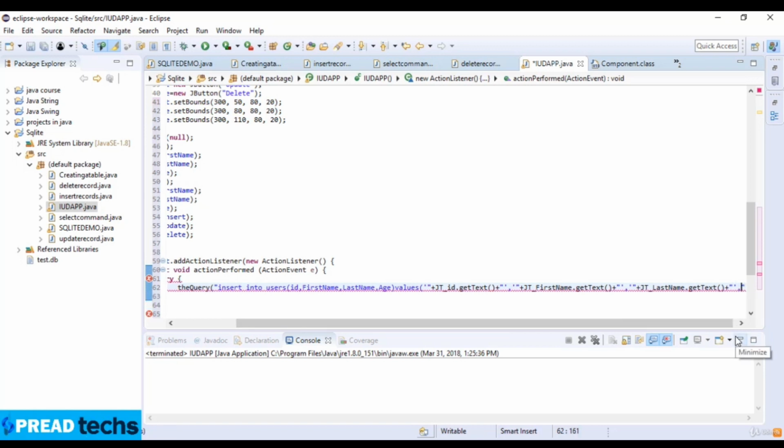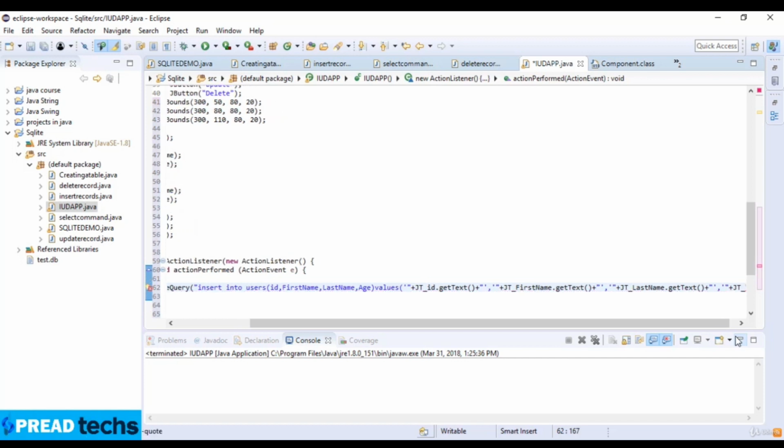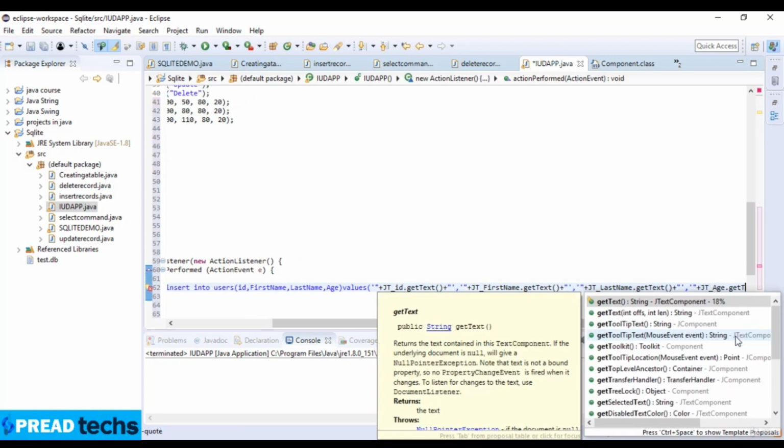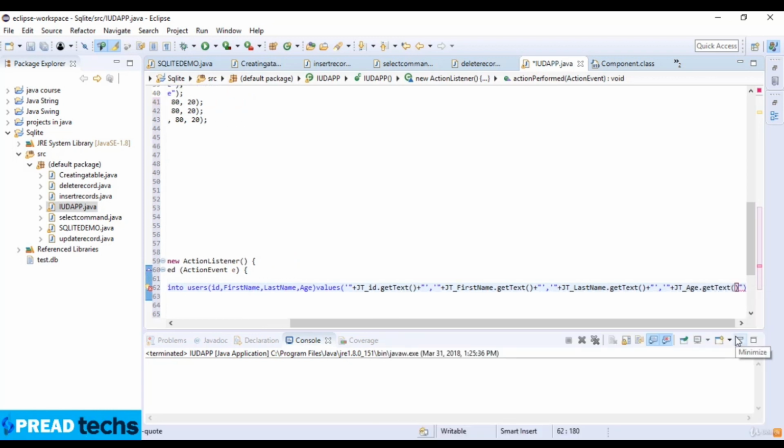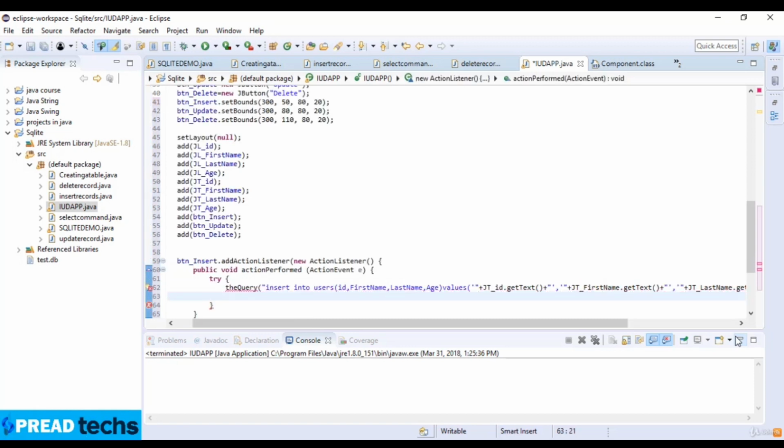Okay, now I just set the text for age. So here I just write jt_age.getText(), and the text here is plus, and let's close this code and close this quotation here. Okay,